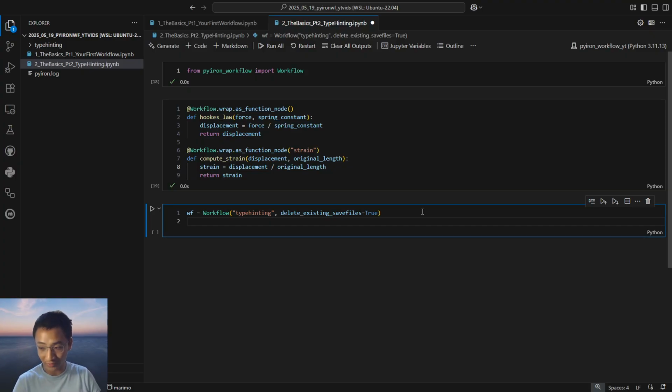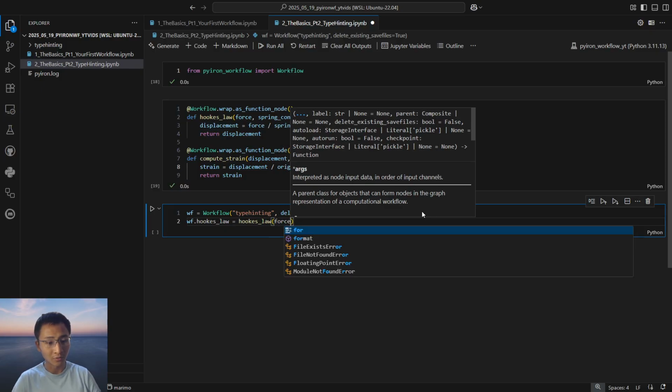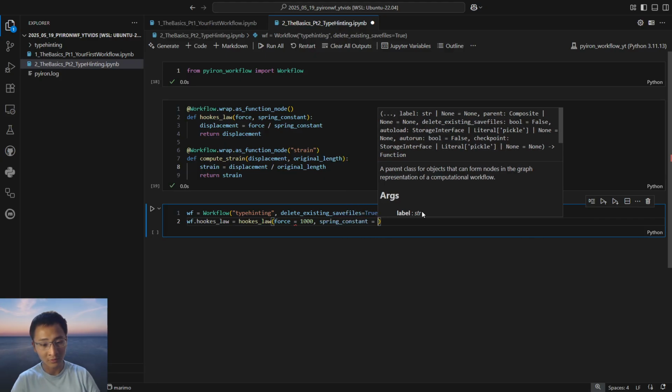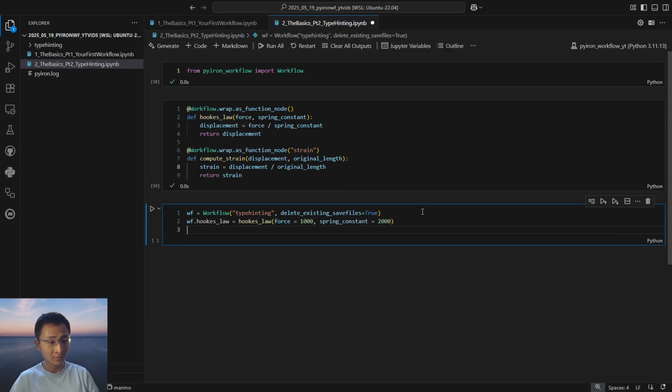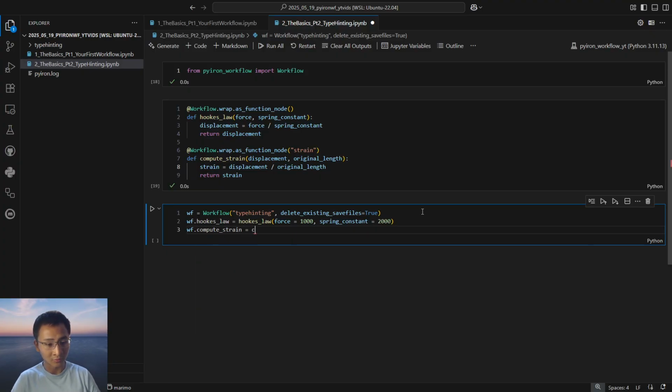Essentially, every time we run this workflow, it's going to start from scratch. And we're going to say Hooke's law is equal to Hooke's law, force equals 1000, spring constant equals 2000, compute strain equals compute strain,